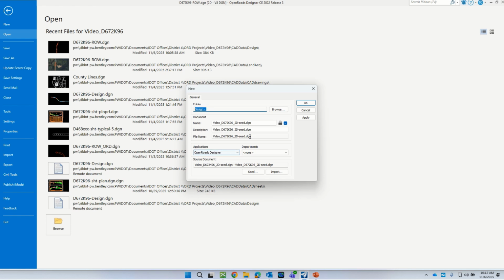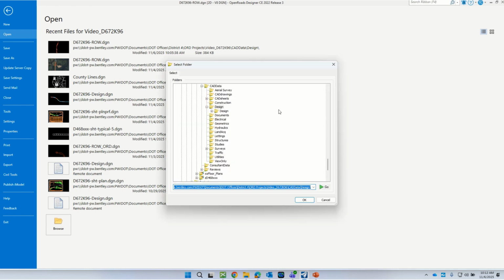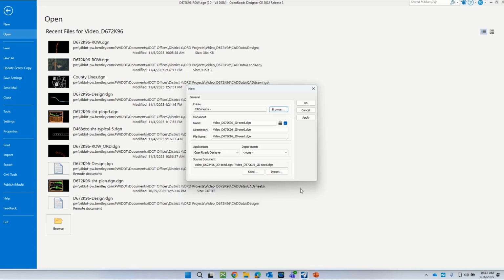Make sure that we're pointing to the right folder. And so we've moved over to CAD Sheets now, so I want to create this file in the CAD Sheets folder. I'm going to change the name of the seed file to, like always, D6 for District 6, and then 7 to K96. Oh, I should probably mention that